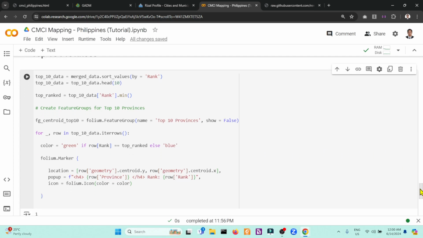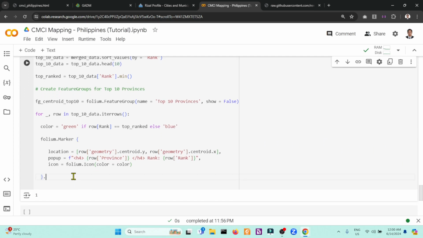Then the next step is to add to the specific centroid, which is the centroid top 10. Okay, so we will add it to the feature group, which I will show you when the map renders.